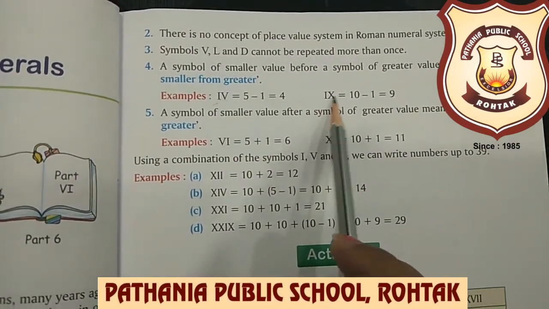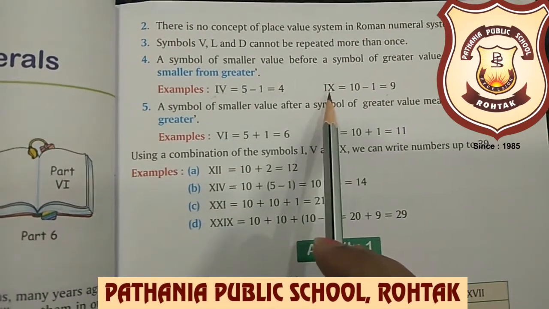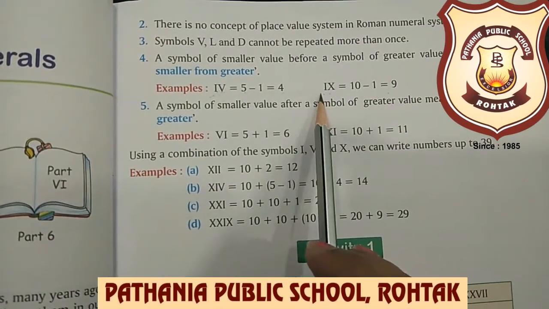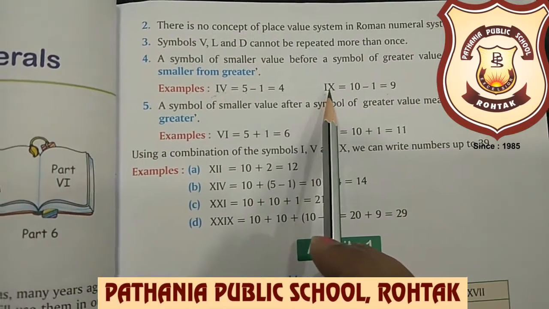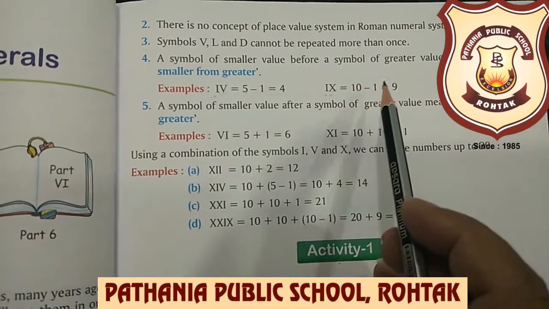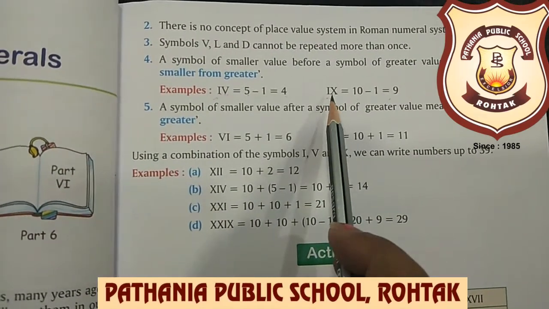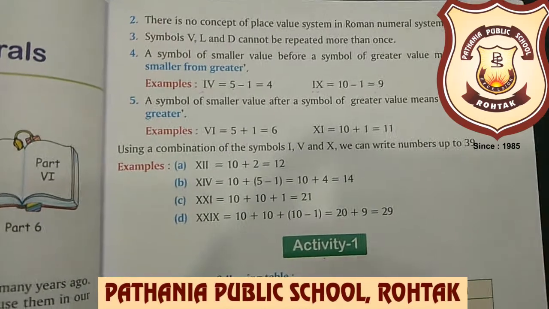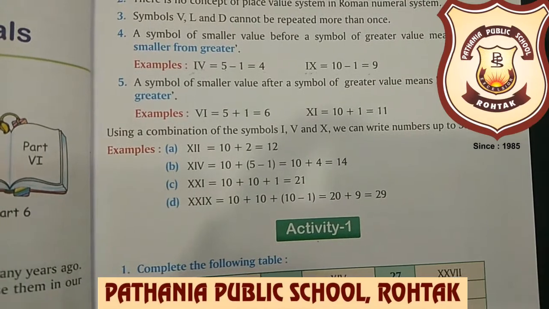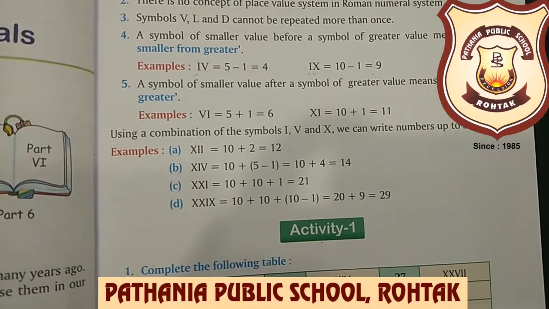Now the same will happen for 9 also. Here the symbols written are I and X, and X is 10, I is 1. So 10 is bigger and 1 is smaller. Again the smaller symbol is on the left hand side of the bigger symbol, so again it is being subtracted. 1 is being subtracted from 10, so the answer is 9. So we will write 9 like IX. So beta, whenever you find a smaller symbol on the left side of the greater symbol, it will always be subtracted from the greater symbol.